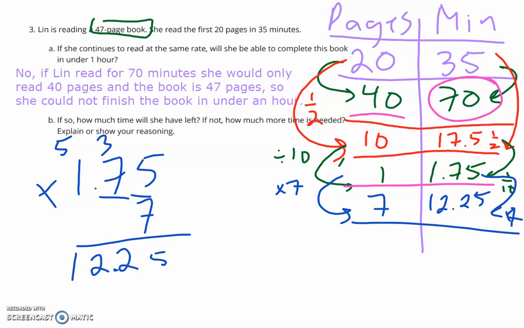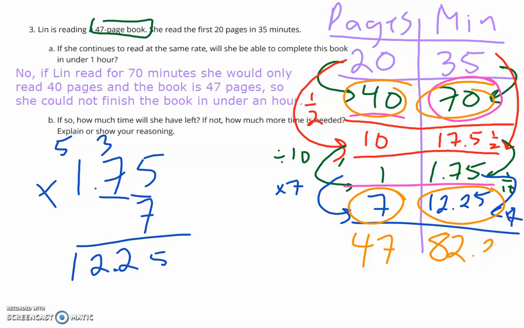Now we are going to add 40 pages and 7 pages give us 47 pages. Because we added those, we have to add these. 40 pages, 70 minutes. 7 pages, 12 and 25 hundredths of a minute. So we're adding those together. 70 plus 12 is 82 and 1/4 minute. That's how long it would take